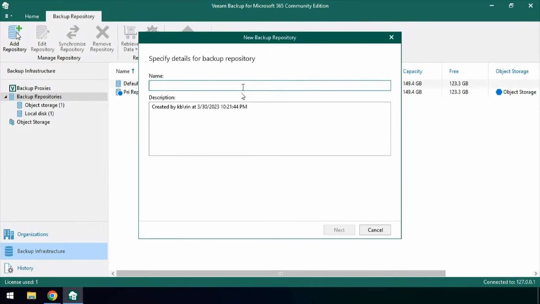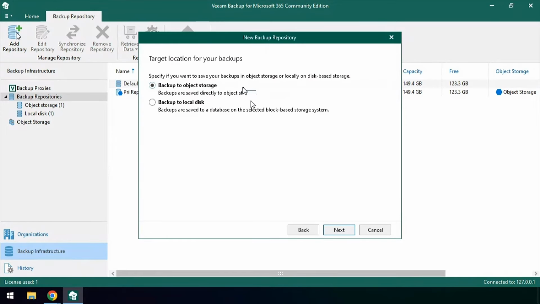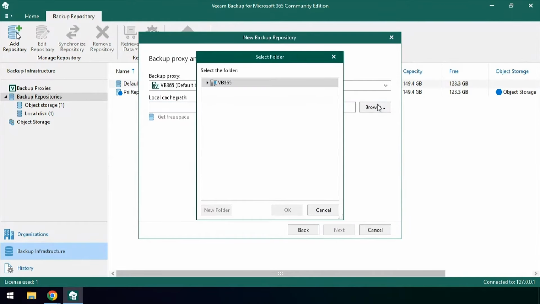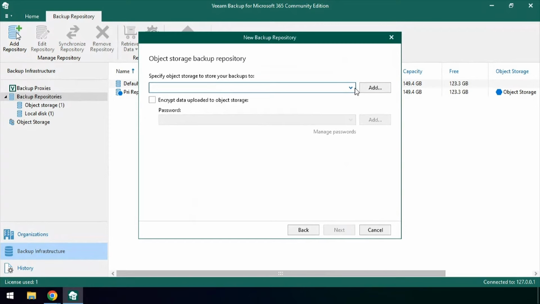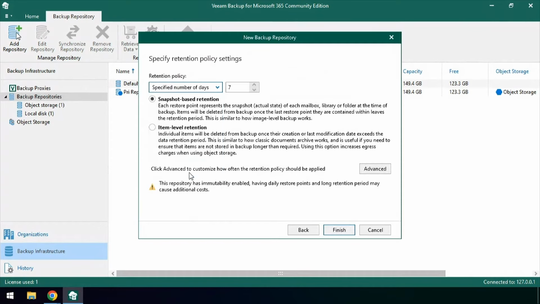Next, we're going to be adding the secondary locked repository. And we'll send that also to object storage. We'll need to select a separate cache for that repository. And now we'll select the locked object storage and the number of days we would like to lock that storage for. Keep in mind, this cannot be lessened at a later period in time, meaning if you set this for 3 years, this will in fact be locked for 3 years and you cannot delete any data even from the administrative side